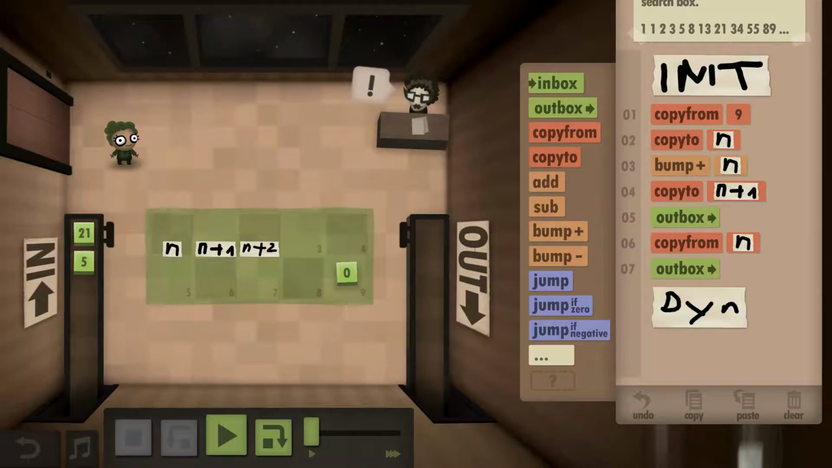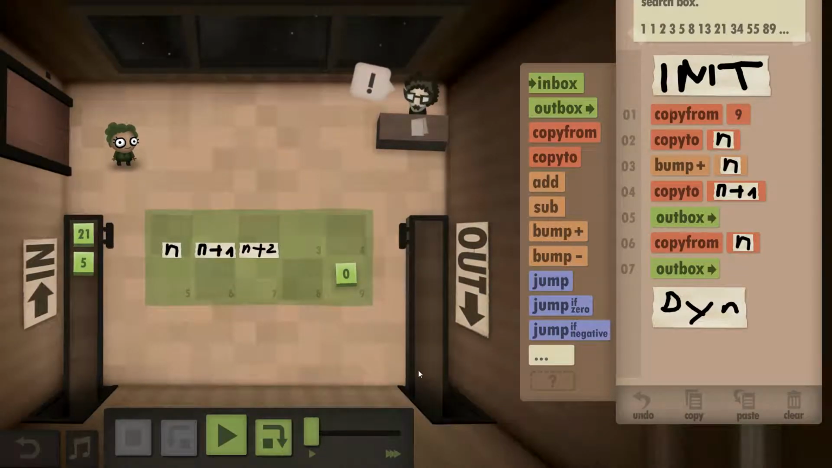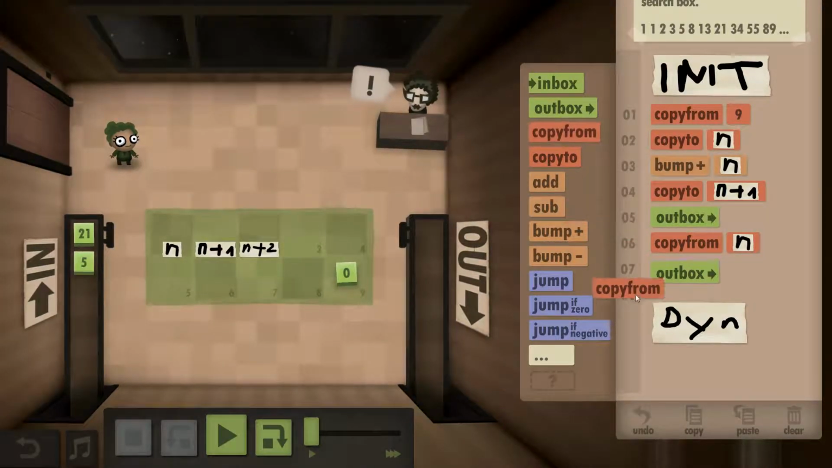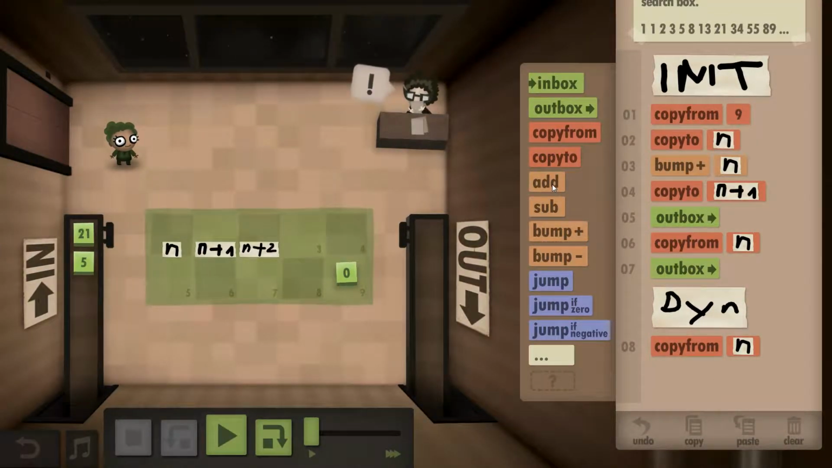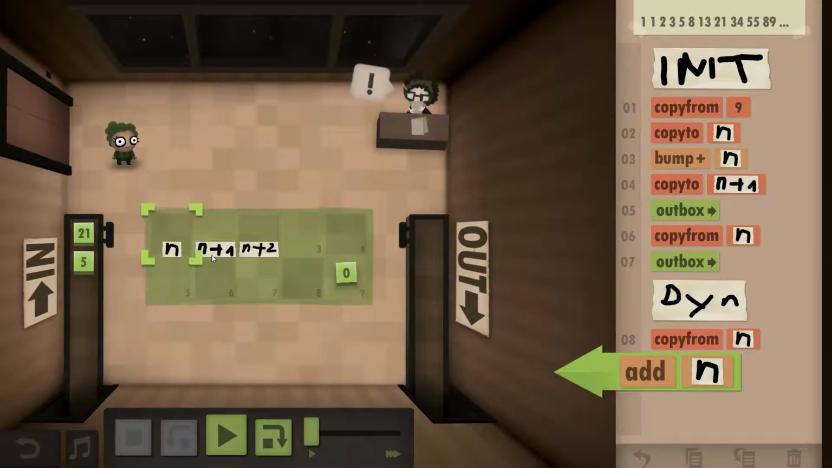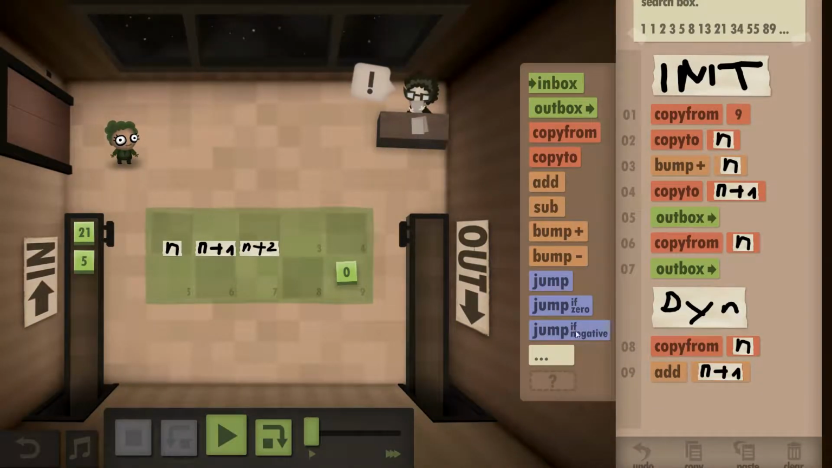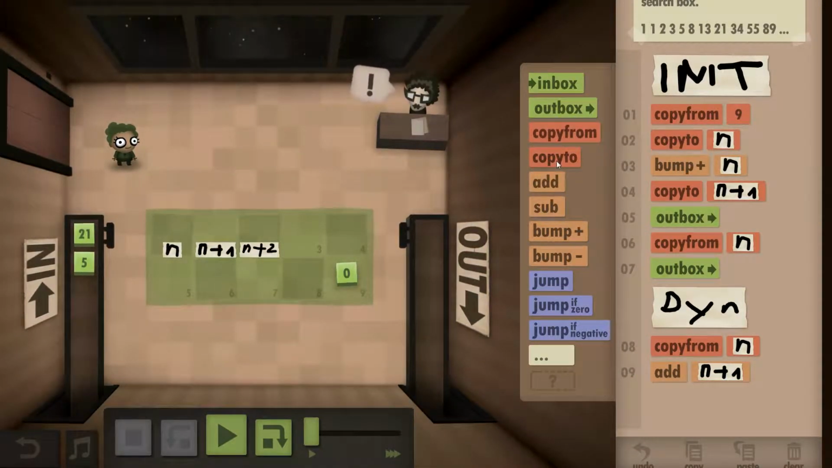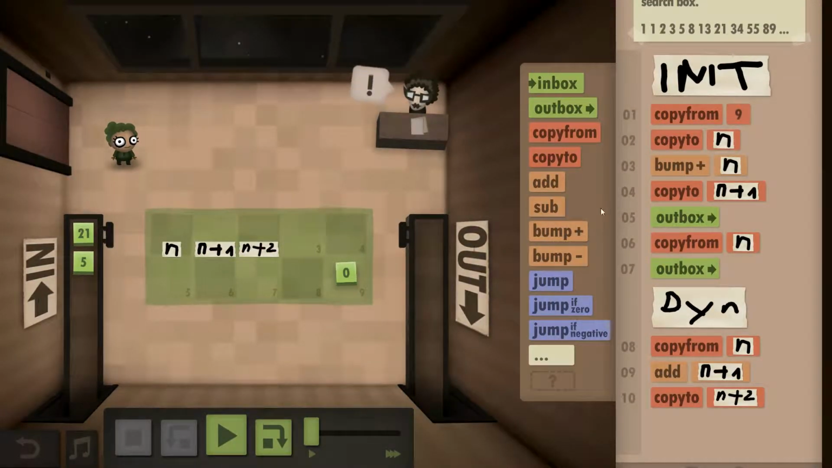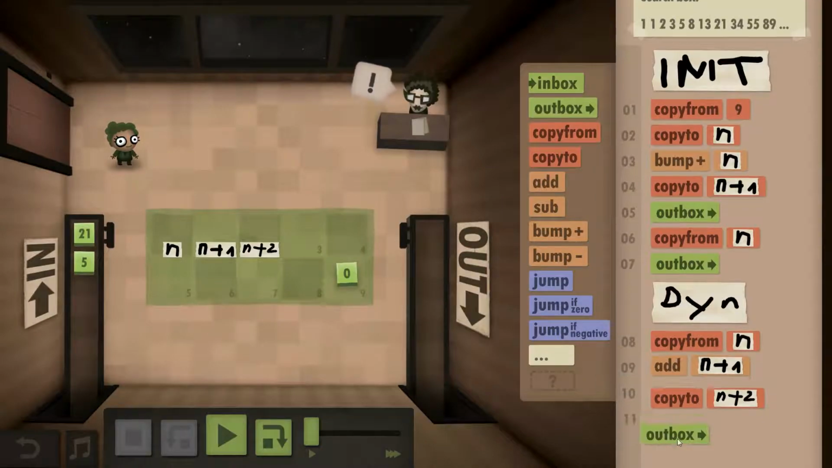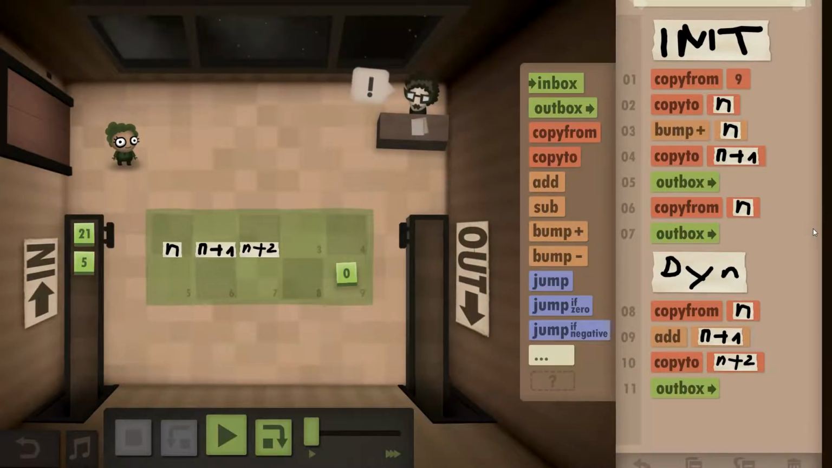Well, for that we pick the n, right? And we add n plus 1, and we copy to n plus 2, right? And then put this one in the outbox. And put it in the outbox, yeah. Okay, that's this part. Then we're done with this number,